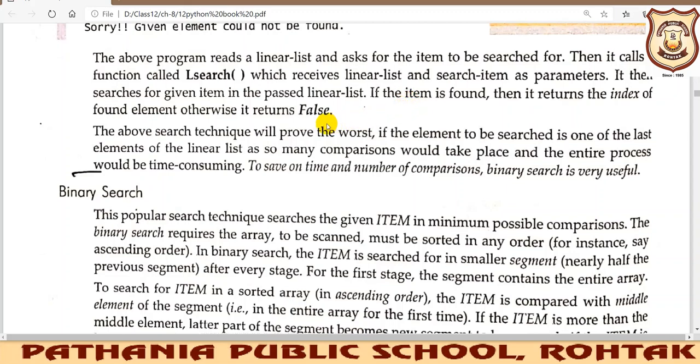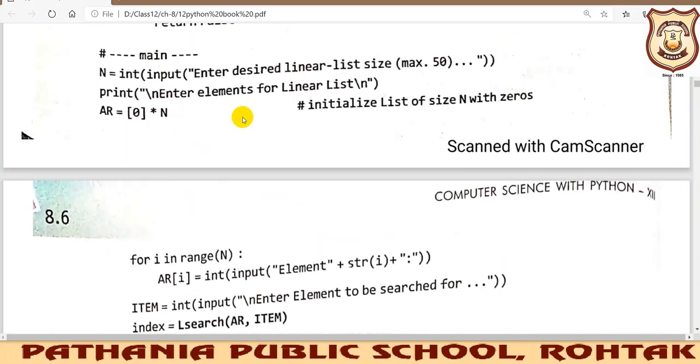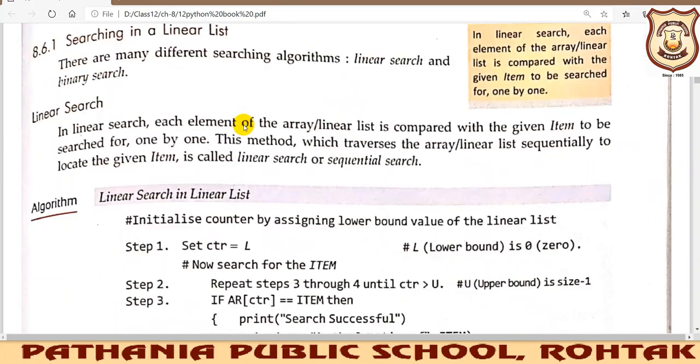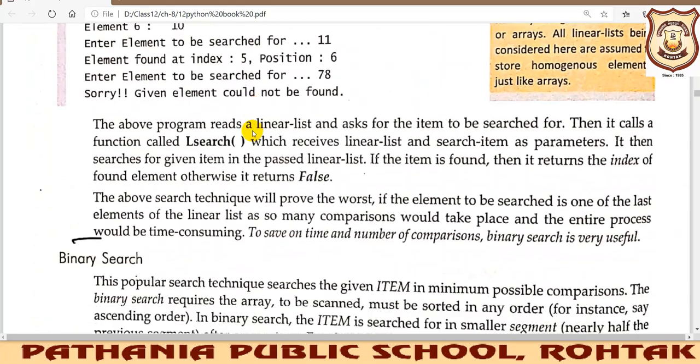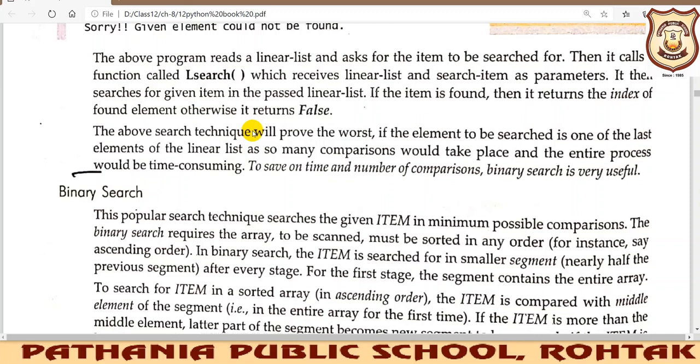So we were doing searching in the last lecture, and in the last lecture we just learned what linear search is. So linear search we have performed, but linear search does not have advantages. Why? Because if the element you are trying to search is lying at the last, it is actually a wastage of your time. The element that you are trying to search is at the very last of the array, so it will totally waste your time.